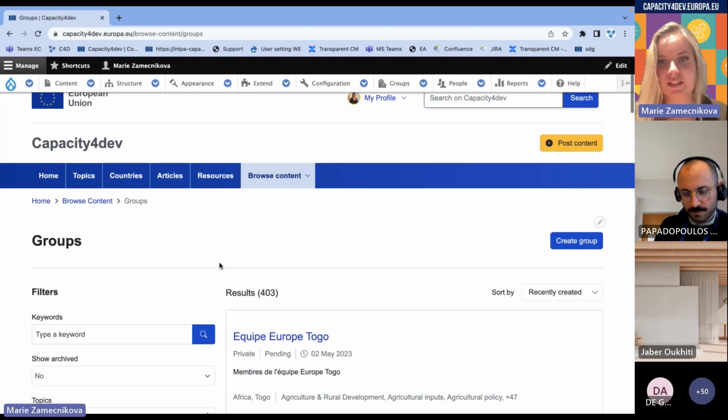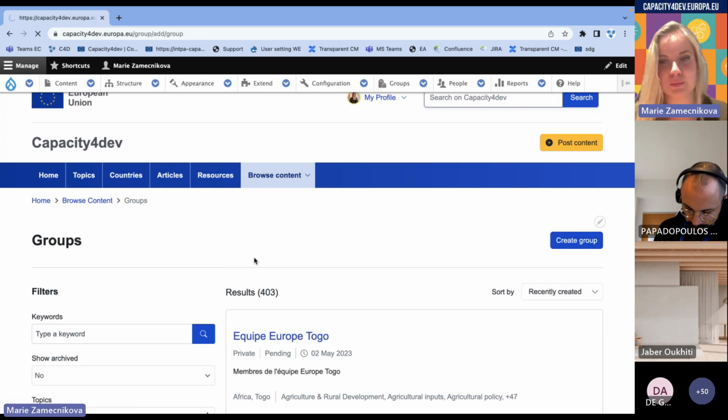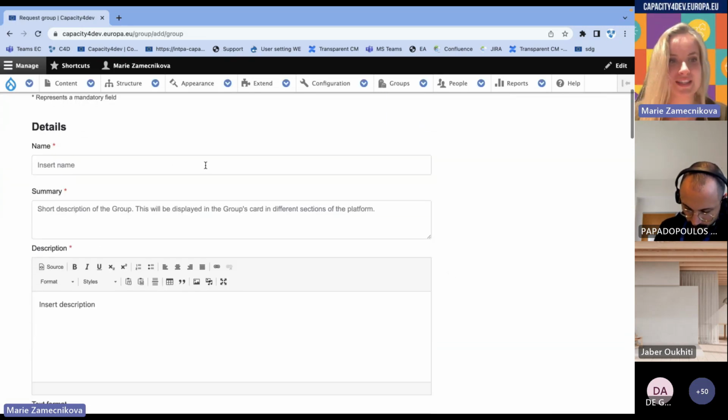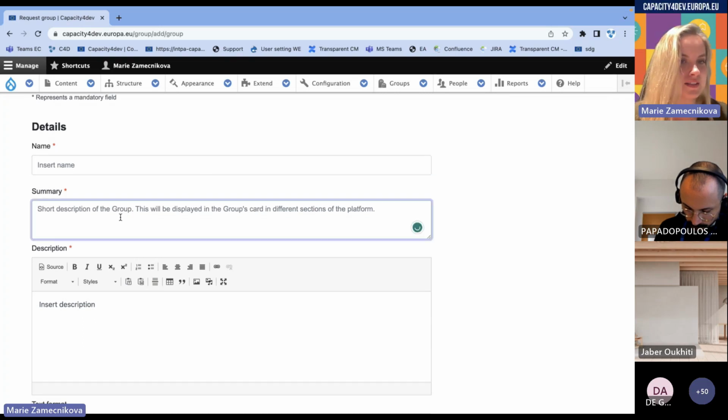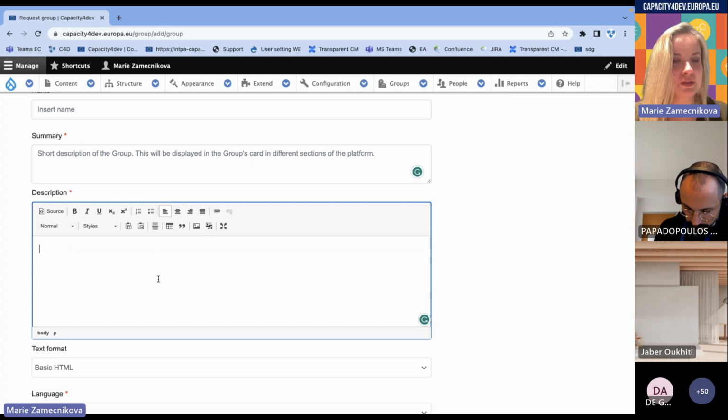And if you want to create a group, you click here on the right top corner on create a group. And then it is similar to what we saw in the resources. So the name, summary, and the description. The description is actually the one which will be then in the overview page, the information about the group, and the